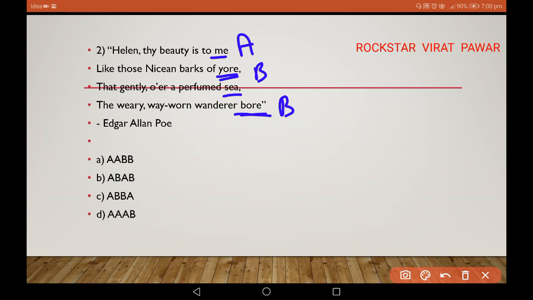But for C and me, you can find it in the options, like the A, B, B pattern. Okay, for the third one A, B, okay, this can be. So we have to identify me and C, the words are rhyming in this, so we write it like A. So we got the pattern ABAB in this poem. So the answer is option B.